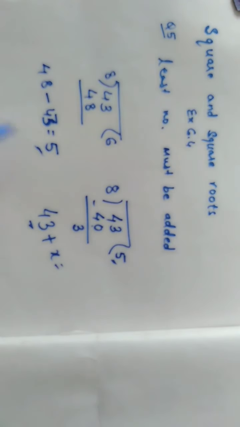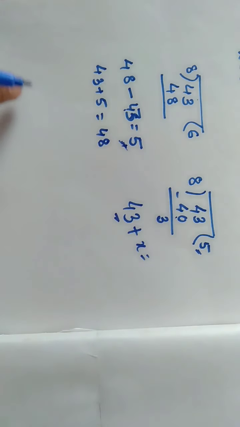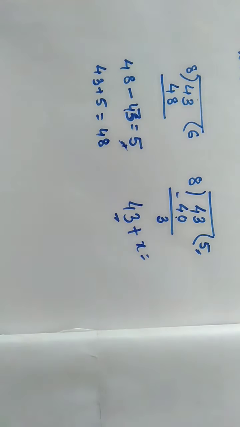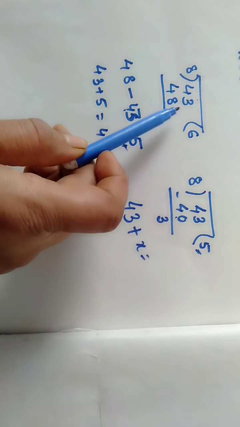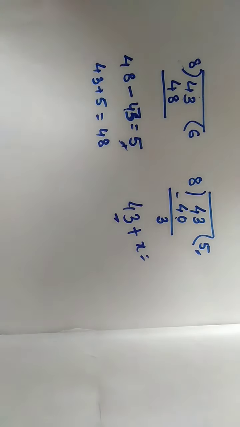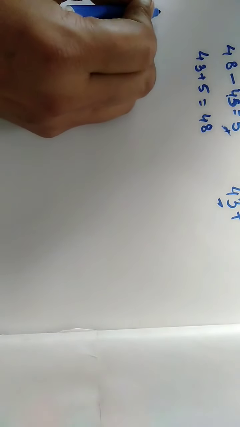So what we see is that if we add 5 to this 43, अगर हम 43 में 5 को add करें, then we'll get 48, and this 48 is divisible by 8. So we are reading out the next number which is just divisible after this 43. 43 से greater next divisible number by 8 we are reading out. Now for the perfect square number, again we have to use the same method. I'll be telling you with an example.